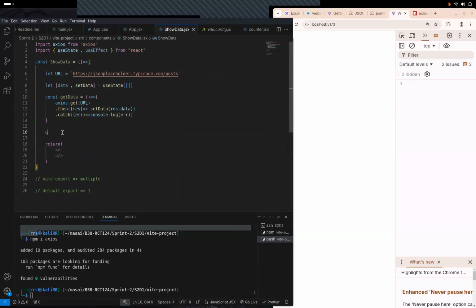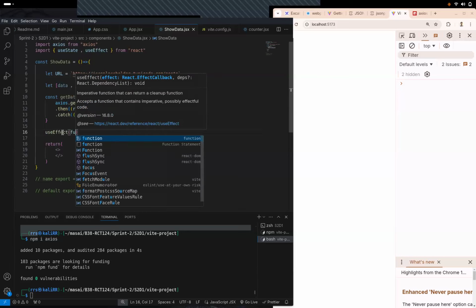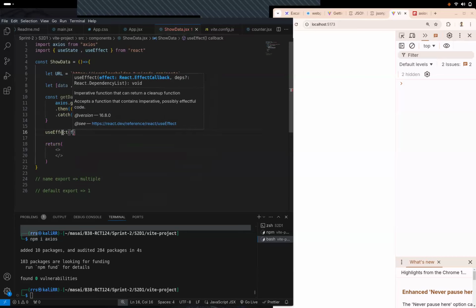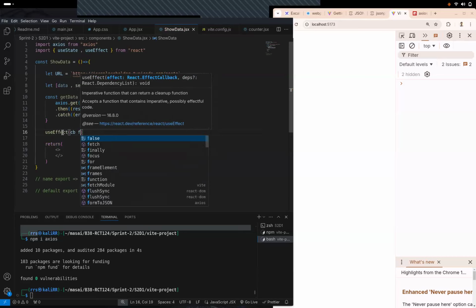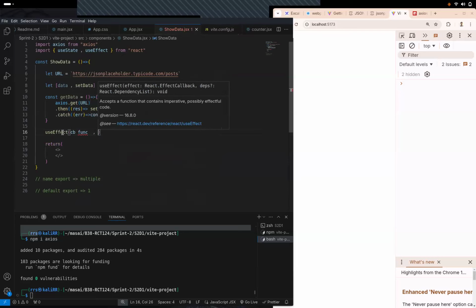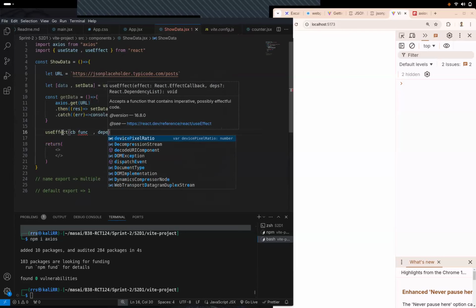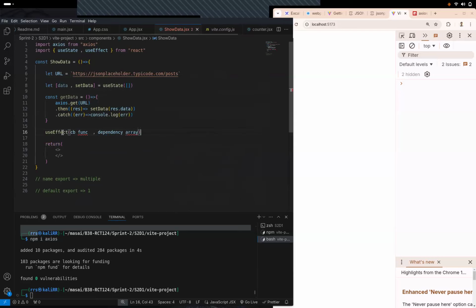Now over here, we'll write useEffect. This thing takes two parameters, right? First will be a function, a callback function, of course. I hope you understand callback function. And second, it takes a dependency array, right? For now, you don't have to think about it a lot. Just think of it in this way: useEffect takes a callback function and it takes an array.